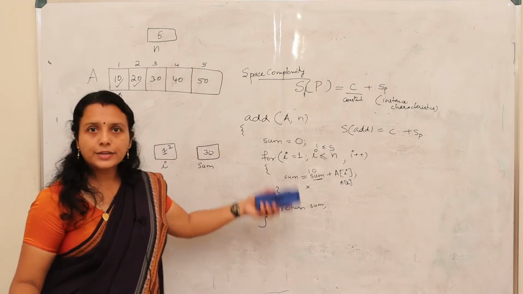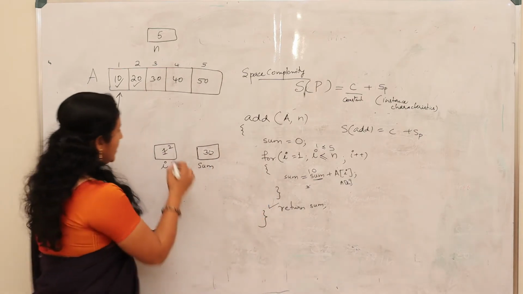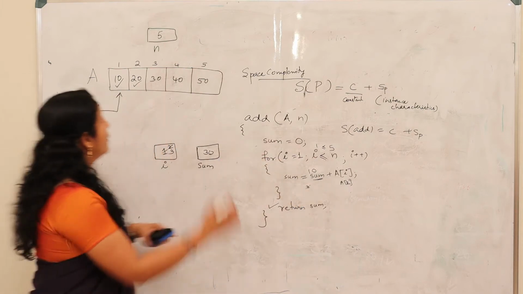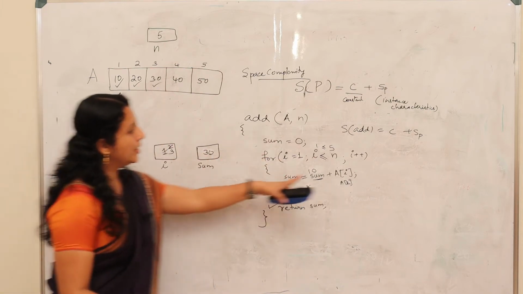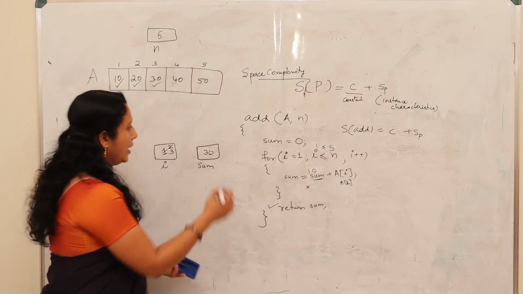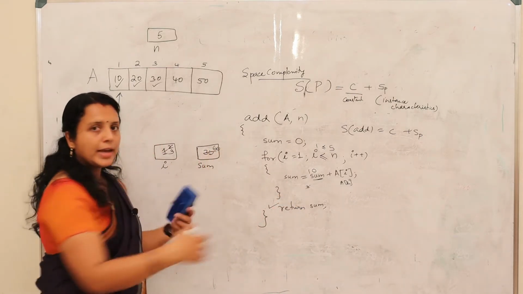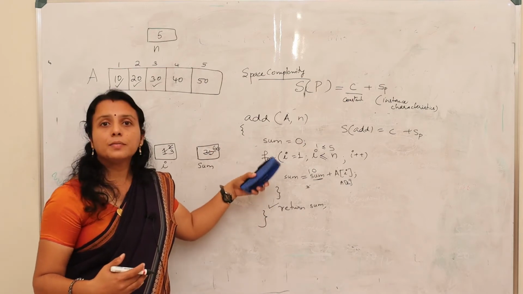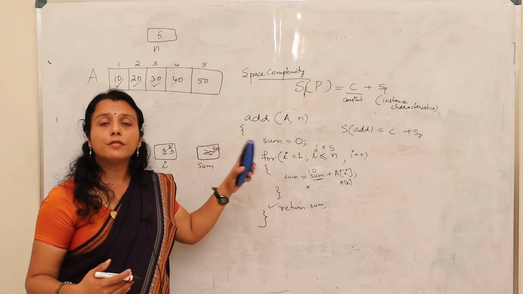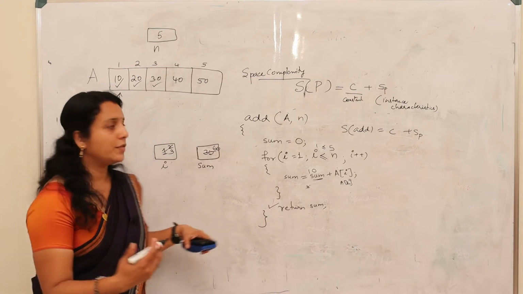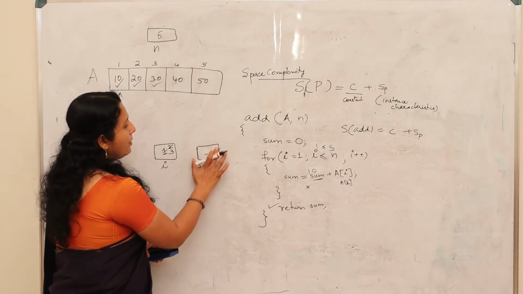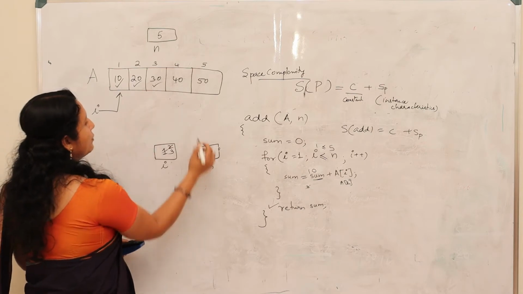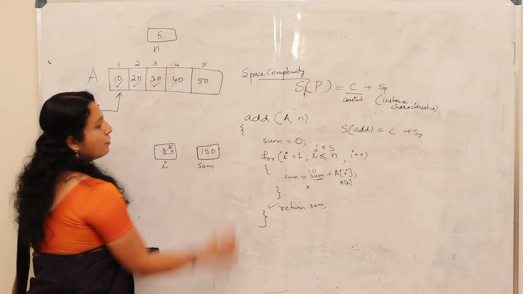Likewise, in the next iteration, I will be updated. I becomes 3, and it is pointing to A of 3, that is 30, and 30 is added with 30, the new value will come and it is 60. Likewise, the execution of this loop will occur 5 times, and at the end of the 5th iteration, how much will this sum be having? 10 plus 20 is 30, 60, 50, 150. This sum will be having 150.